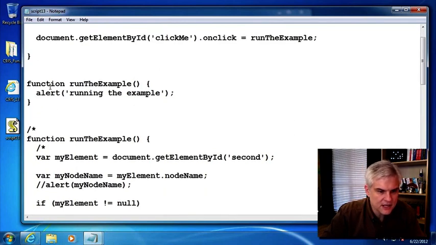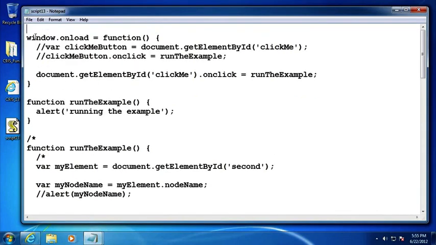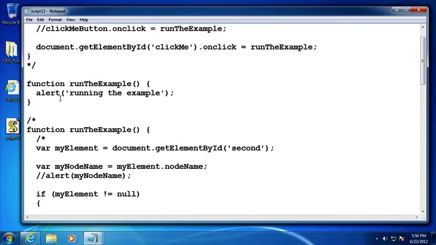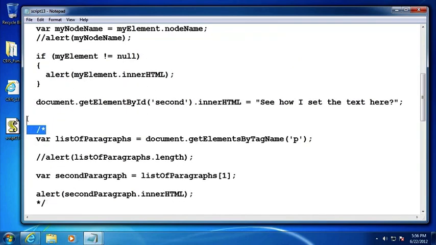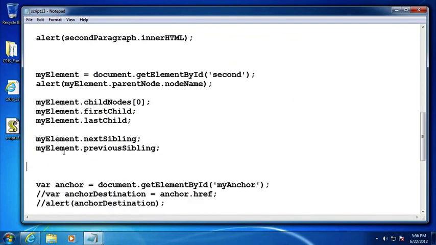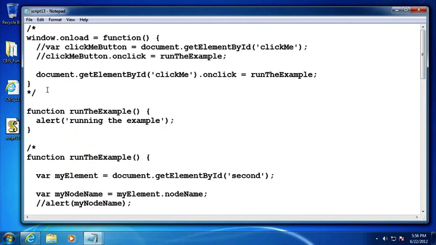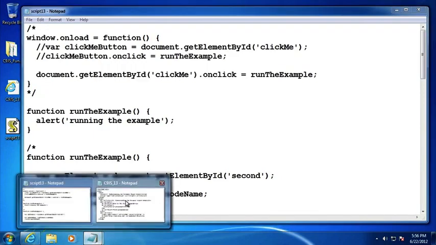So what we're going to do is uncomment our run-the-example code. The first thing I'm going to do is comment out this. And I also think this isn't going to work. I'm going to get rid of all these, otherwise I'm going to be shooting myself in the foot here. And that should stay. All right, so let's go ahead and save that. And then I want to keep this part because I'm going to use that here in my